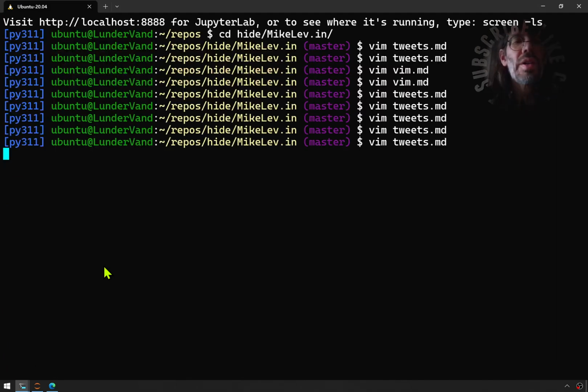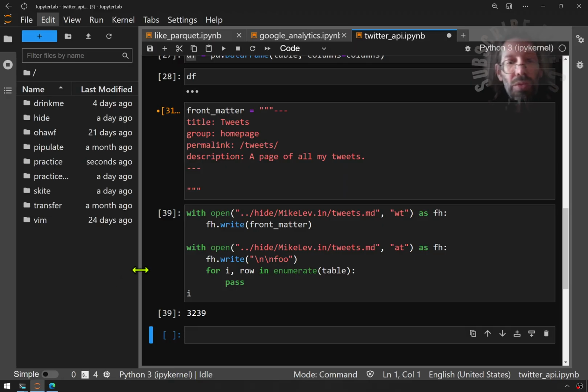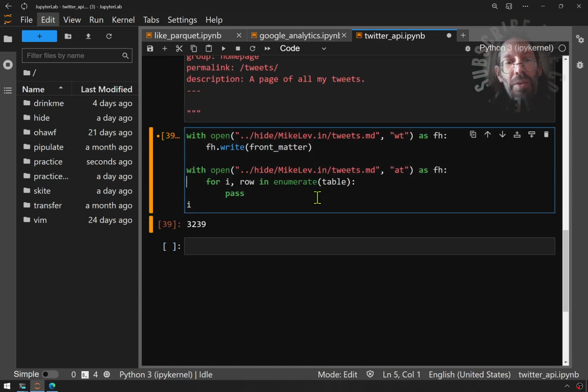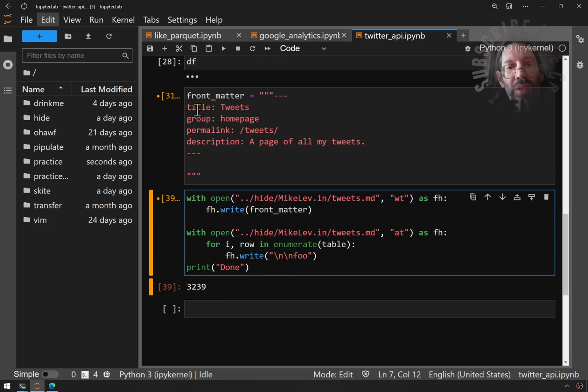So let's get all the tweets in that text file. We're already doing the loop, and we can take out that. We just move it down there. And Markdown does a lot of the lovely work for you, because it takes care of a lot of HTML formatting. All right, so we'll just write some of these rows in there. The title should be probably an H2, right? So 2 line returns, an H2, and